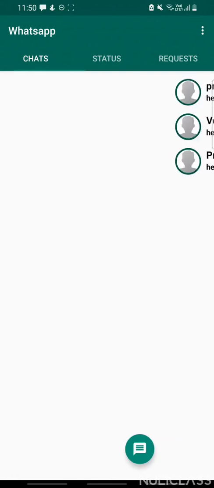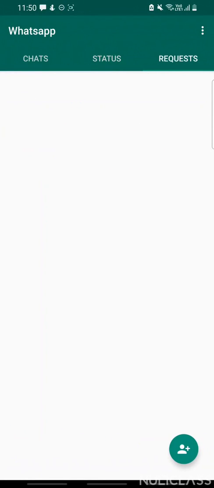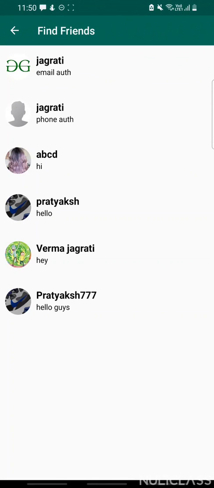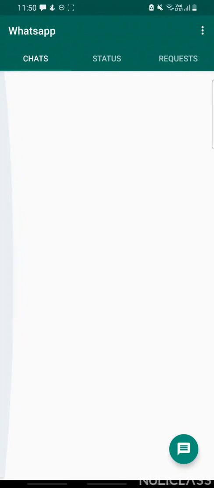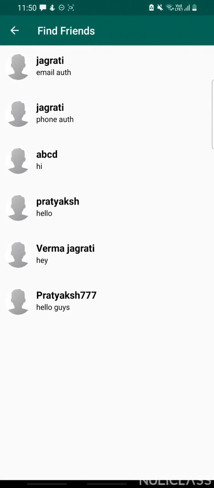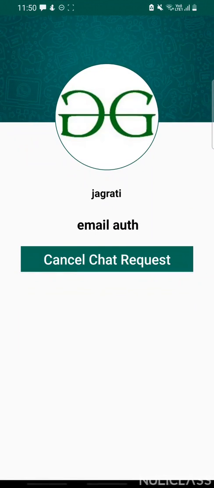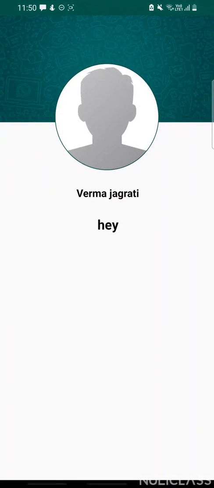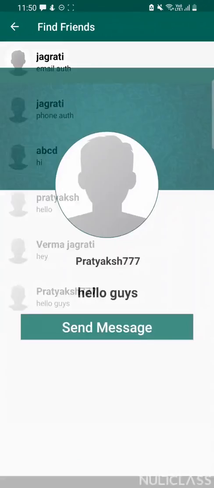Let us now move to requests, and we can also send people requests here by using this float button where we can find friends. Similarly, in the chat options as well, you can see this button from where we can find friends. So we can actually send someone's ID, send a request, and we can also cancel it. For now I am going to send. As this is my account, I won't be able to see any sent message or something.